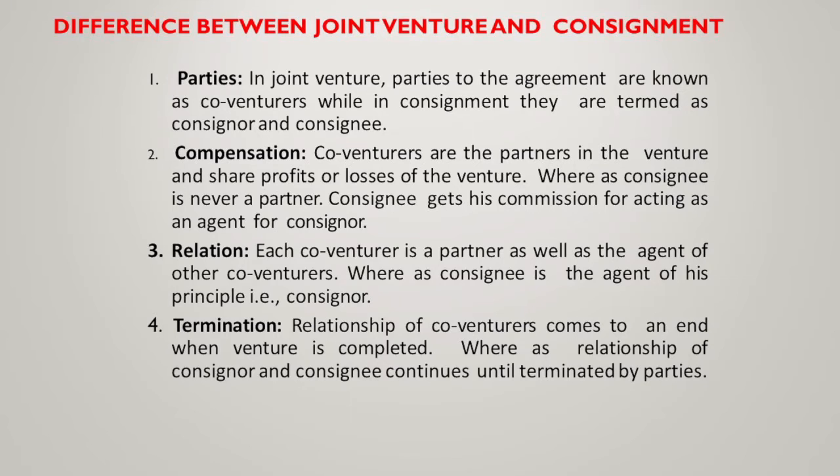That's all. So in consignment, the relationship is principal and agent, and in joint venture, the relationship is that one is an agent to the other co-venturers. Termination. A joint venture comes to an end when the venture is completed. But the relationship between consignor and consignee continues till terminated by the parties. Either the consignor or the consignee may cancel it. Okay, next one is